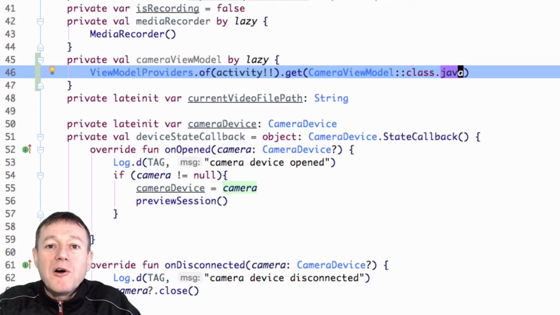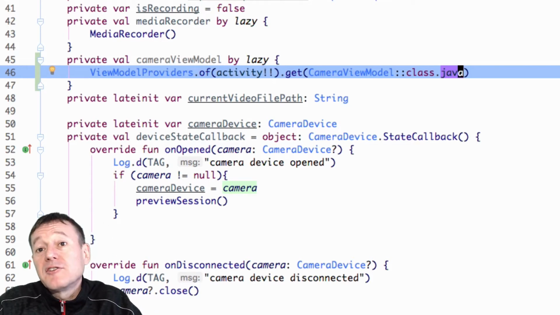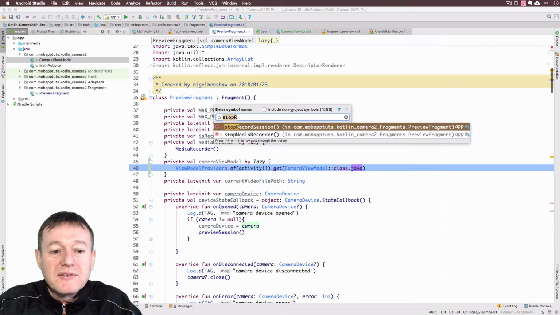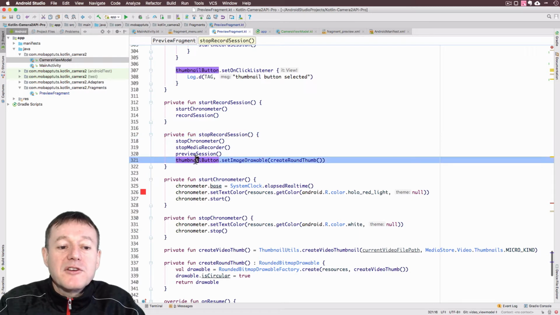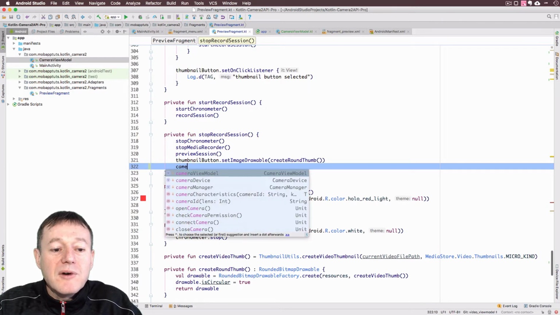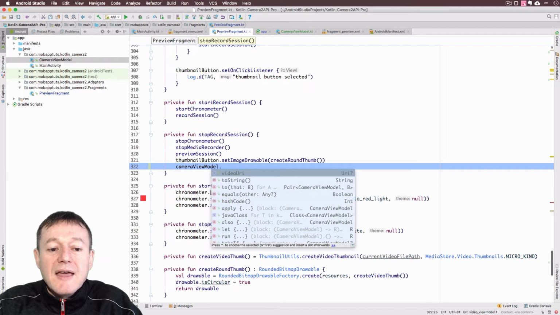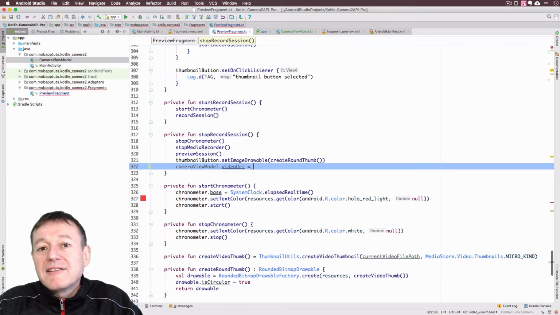now set the URI to that, and so we want to set that when we stop the record session. So I just do a search for stop record session. I'm just going to do it at the bottom there. Okay, and so we'll call our camera ViewModel, and then we want to get the value inside the ViewModel, which is the video URI, and then we just want to pass in the URI of the captured video that we